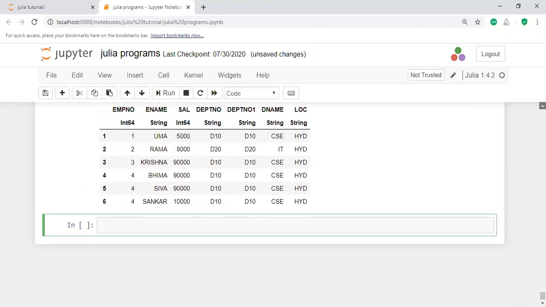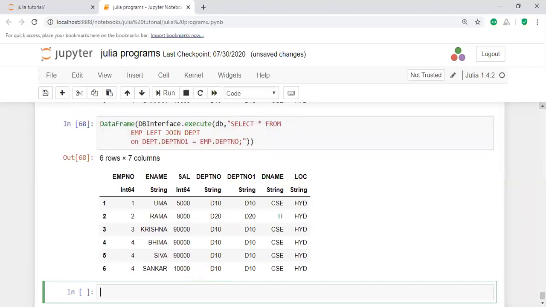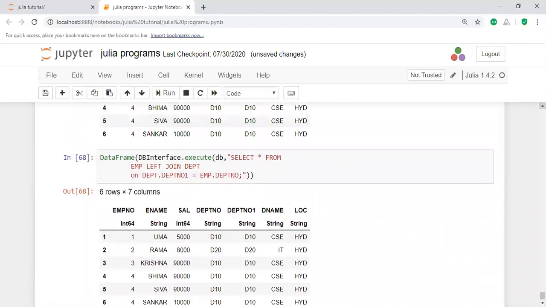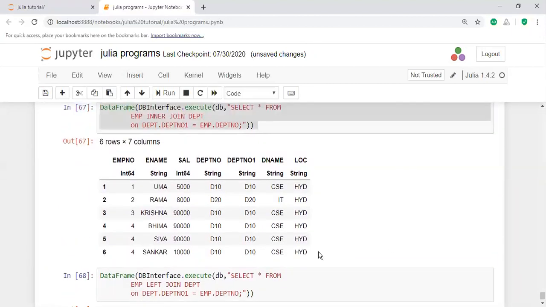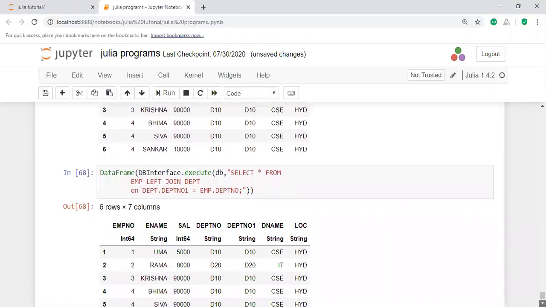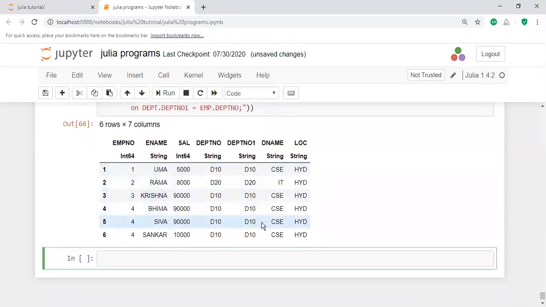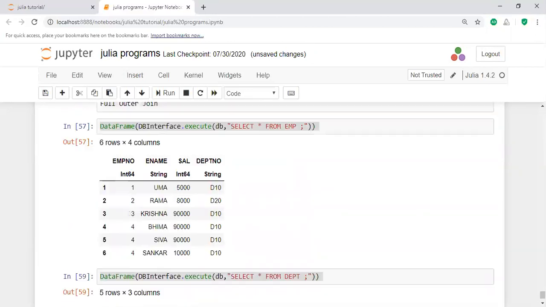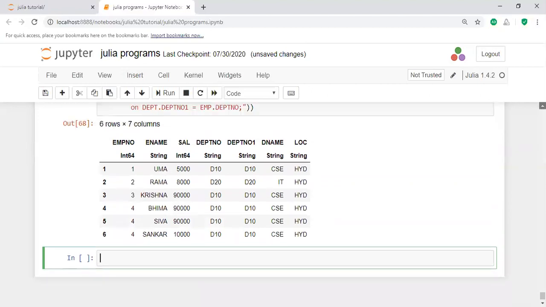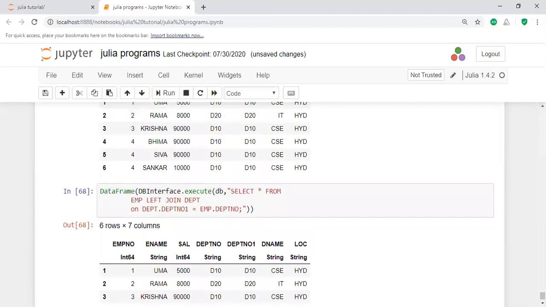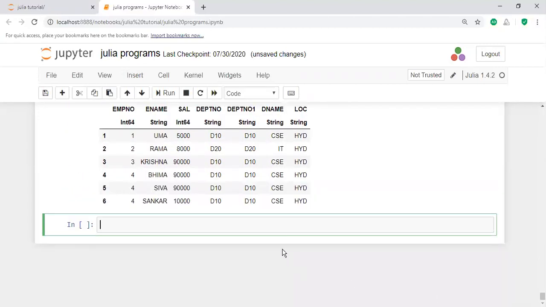If you see, the left table consists of employee numbers 10, 20 only. If there is matching information, it displays the left table as well as the matching information from the right table, not all the information. If you take the inner join, how many rows does it have? 6 rows, as well as the left table information.